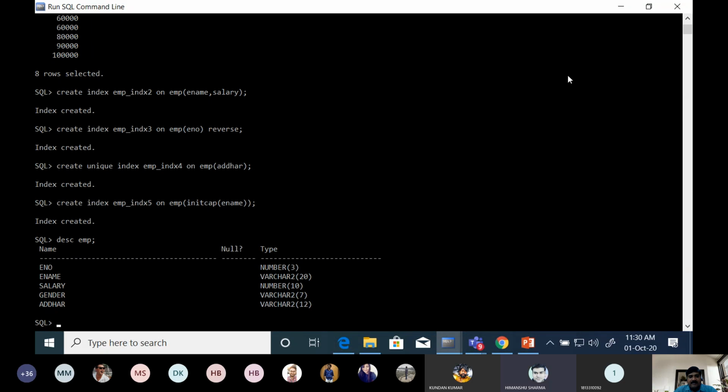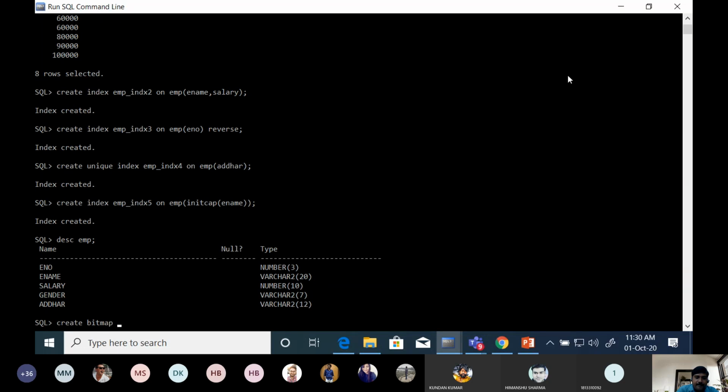The gender. Very good. On the gender column we can create a bitmap index, but the bitmap feature will only be enabled if you have more than 10,000 records. If you have a very small number of records, then you can't create a bitmap index. The syntax is this: create